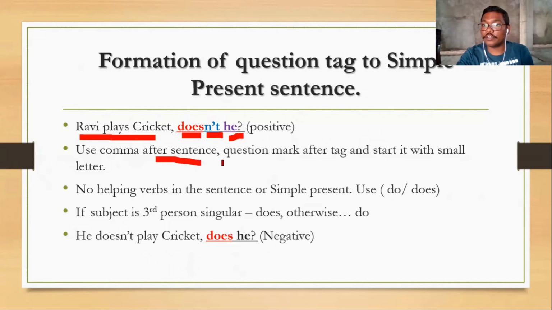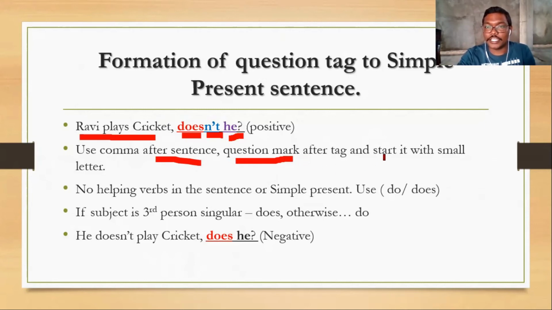This is the first thing while you are writing question tags. The second thing is to use a question mark after the tag. After the tag you compulsorily have to use a question mark. Most dresses will have some tag, a rate tag or the company tag. So what does tag mean? It is attached to the pant or the dress. Understood? So the question tag should also be attached to the sentence. After the tag you have to put a question mark, otherwise you will lose marks.